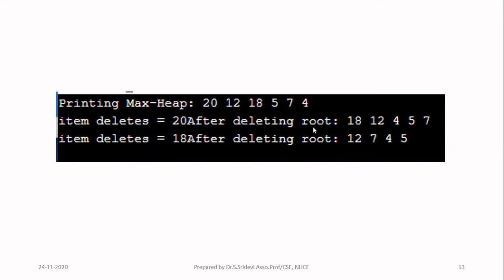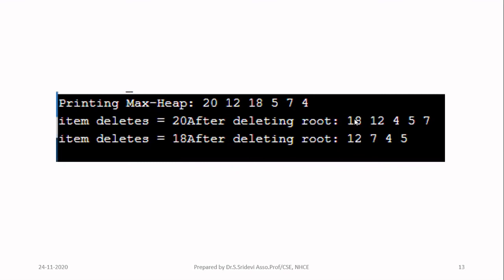But if you see the remaining elements, they are not printed in the same order as the previous tree. Because in the previous tree, after 20, we have only 12. But in the new array, they are printed in a different order. But if we look at this again, whatever is maximum out of the remaining elements will be at the index 0. So that is the root of the new tree. So every time we are printing the root of a new tree first. So in the new tree, the maximum element is 18. That is the root node.